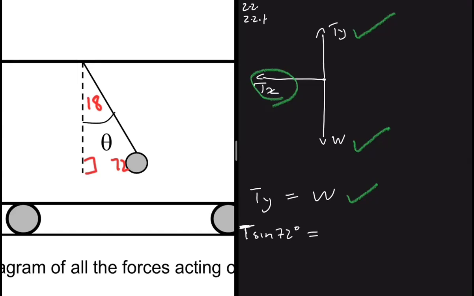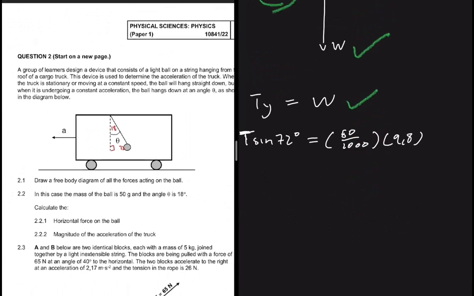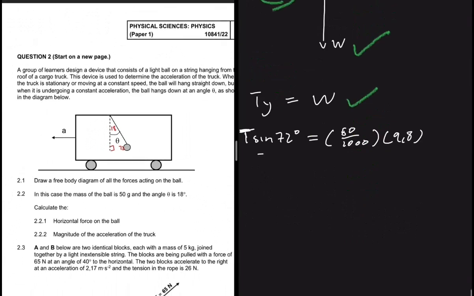Our object weighs 50 grams, so that will be 50 divided by 1000 multiplied by gravity, right? Gravitational acceleration, which is 9.8. It's easy to see now that we're going to divide both sides by sine of 72, and we do the same thing on the right hand side. We have to divide by sine of 72. And if you do that, you should get the tension being equal to